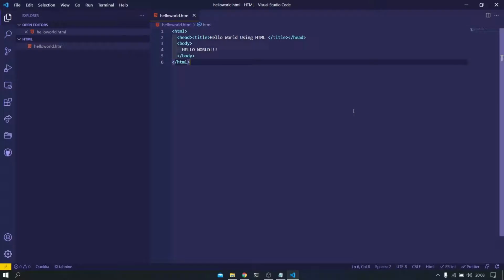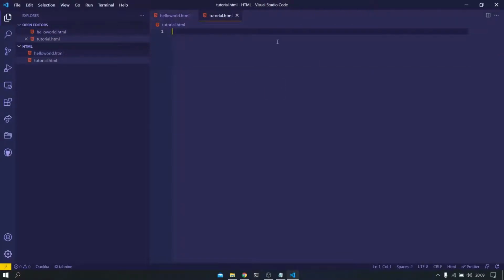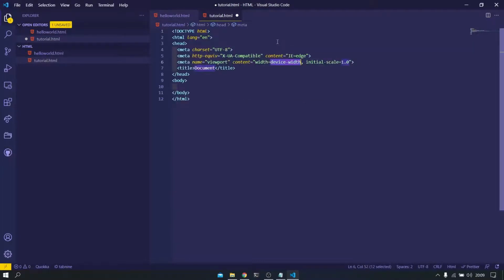So now you have written your very first HTML document. Let's move on to learn a few more tags which you can use to display your content in a much better way. So let's create another file and we'll name it tutorial.html. And here I'm going to just use what I taught you the last time. So here I have a basic HTML file. Now I'll just name it